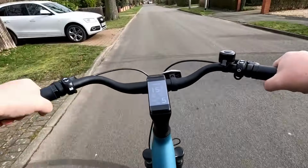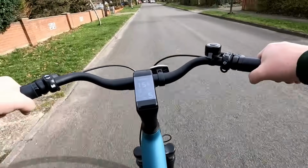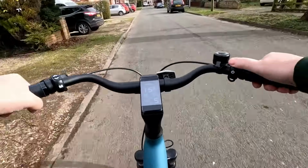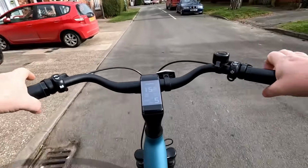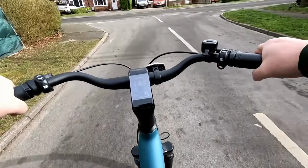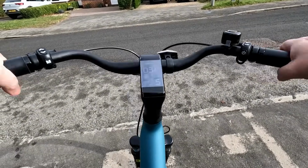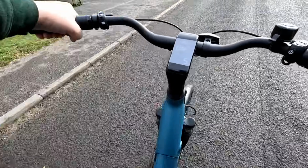We've got a 250 watt motor here, which is ideal for the UK. Hydraulic brakes front and back, and nice having the lights at your fingertip control as well, and also a bell. So just bringing it down to a standstill, and that's the thing, not having to worry about shifting through the gears, people. So I'm going to pull away now, which is nice and easy,